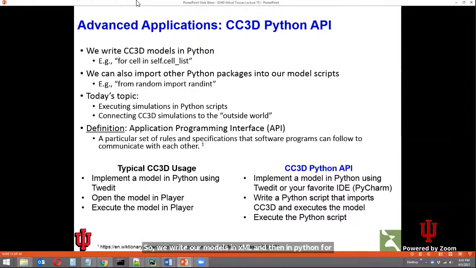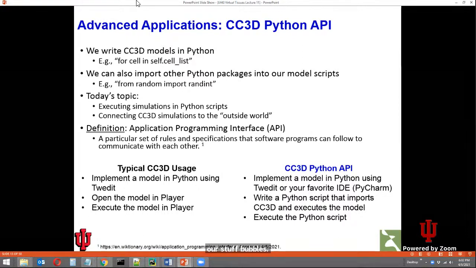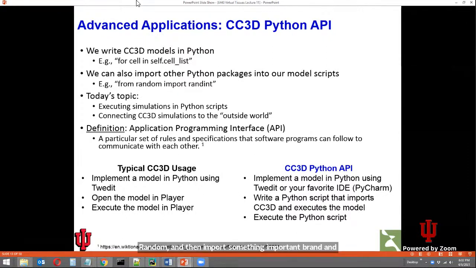And oftentimes we find in our steppables that we would like to use other Python packages like the random package, in which case we go to the top of our script and we type from random import randint, or import random. So this is a common run-of-the-day operation to import functions and classes from other packages and use those